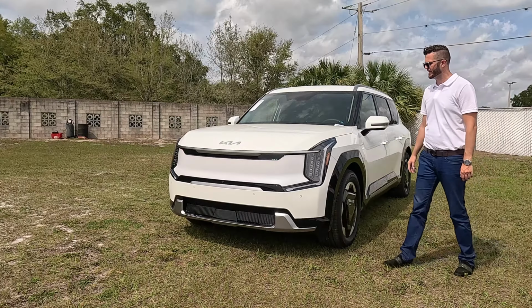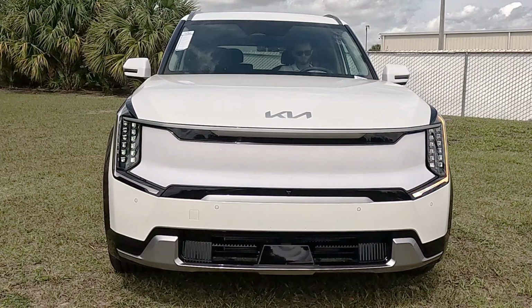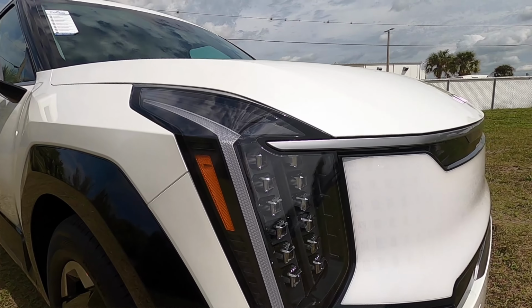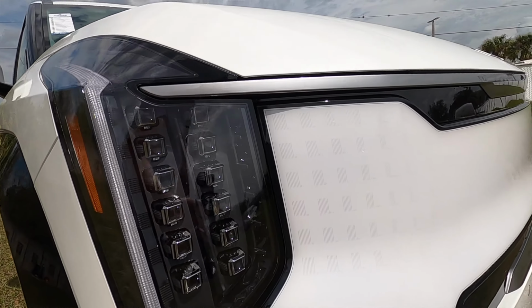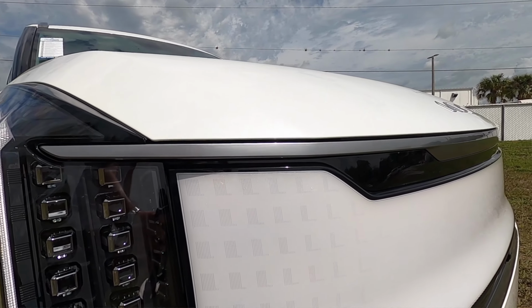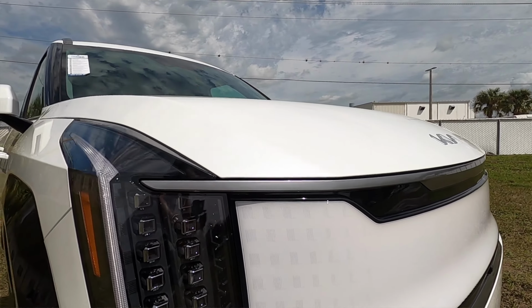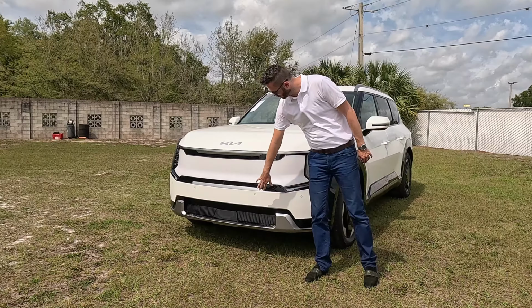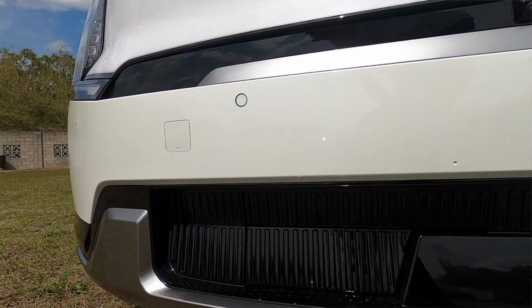When you get into the Land, it's changing the projected LED headlights into these cubed LED headlights, daytime running lights. You get the digital lighting on the grille, which is standard on the GT line. It will have its own design for the front and rear bumpers. The light bar that goes underneath the Kia badging, active grille shutter, front and rear parking sensors with the satin